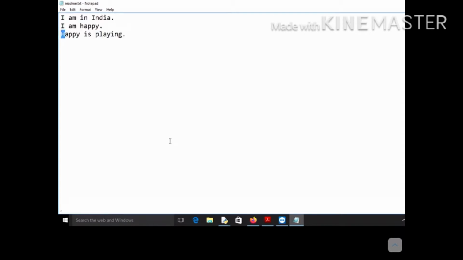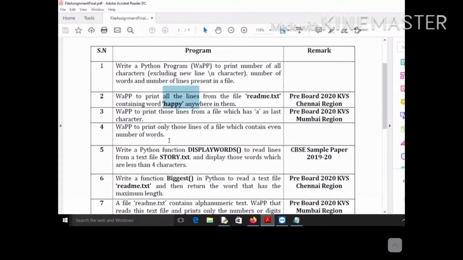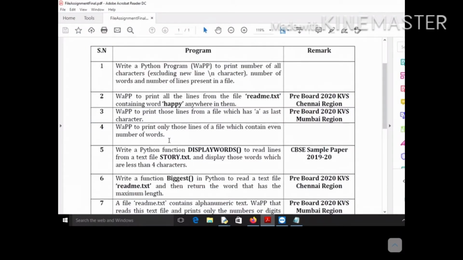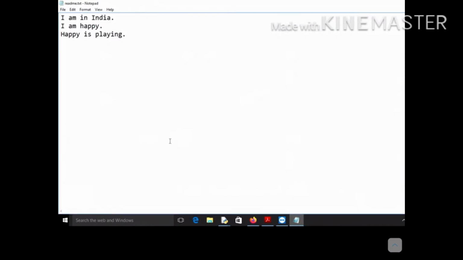They can be in lower case, they can be in upper case, whichever case. Since this program is saying happy in lower case, let's print the word happy, either in lower case or upper case. Whichever the case may be, we have to just count them, and it can be present anywhere. For example, in the second line it is present at the end, in the third line it is present in the beginning. So you have to count all of them. This program should output these two lines because these contain happy.